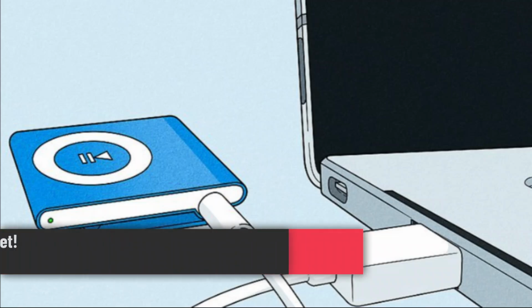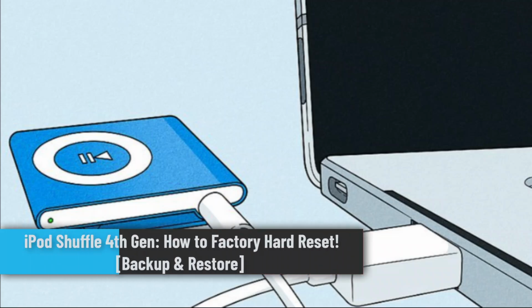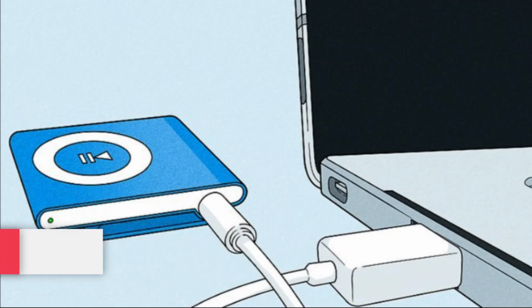How to factory hard reset iPod Shuffle 4th Gen. To perform a factory hard reset on your iPod Shuffle 4th Gen, you'll use iTunes to restore it to factory reset. Now, first of all, what you want to do is connect your iPod Shuffle to your computer and open